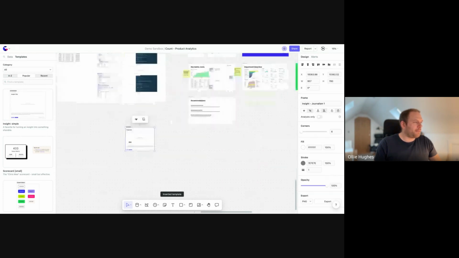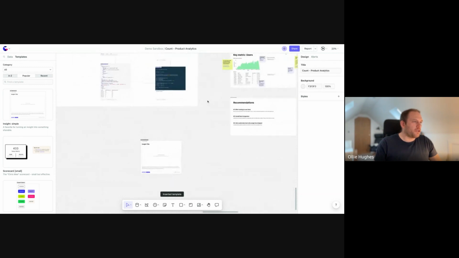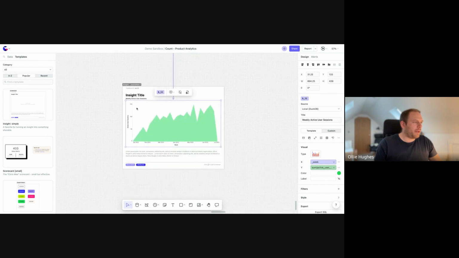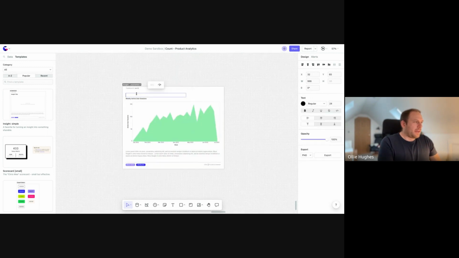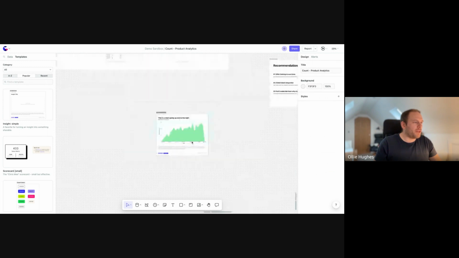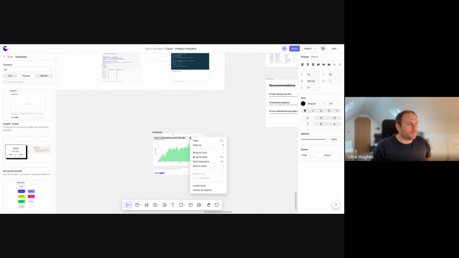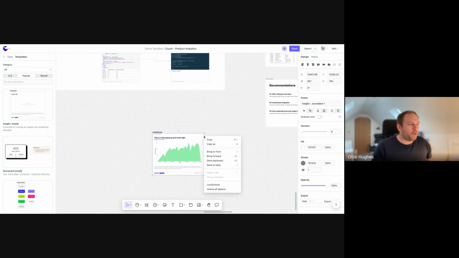So you can literally drag a template in like this. You can take a visual you want to plot, like this one here, fit it into that template, and then give it a title. And then you've suddenly got yourself a presentable presentation right within your canvas, which you can output as a PDF or just share a link directly to, in the report mode or in the canvas as well.